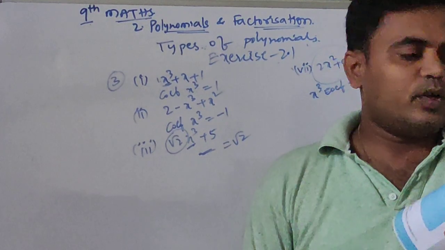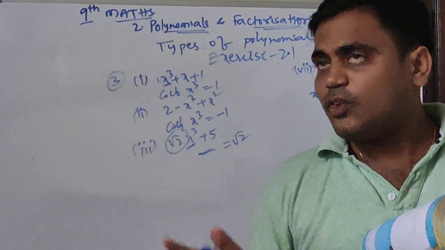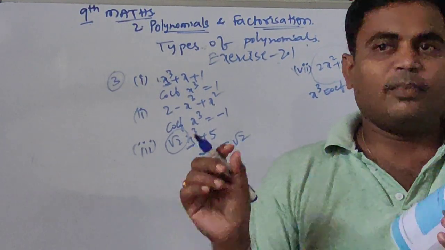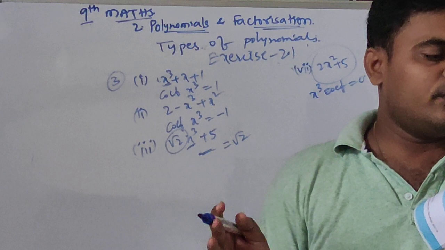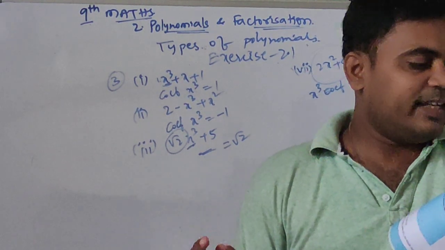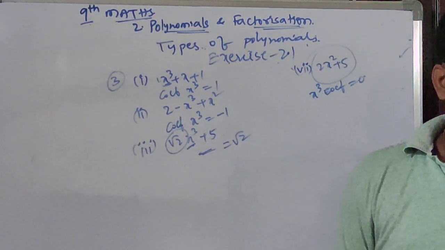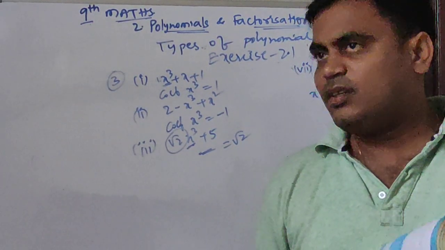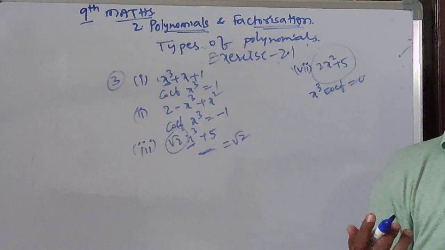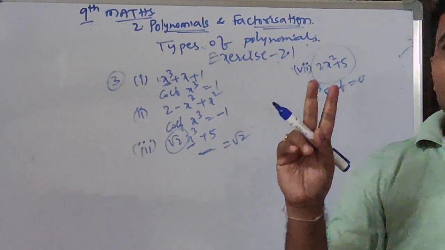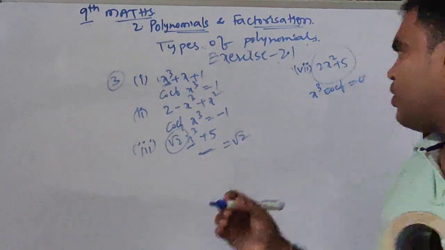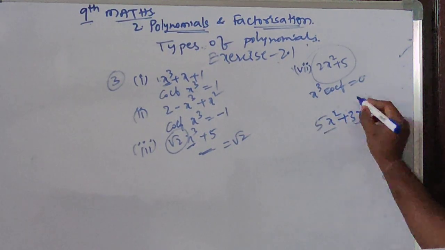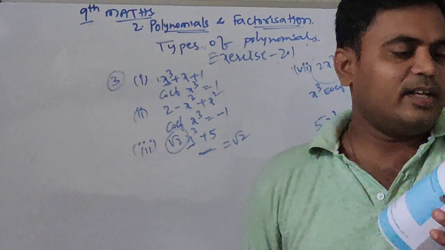3p, p power 1, so it is a linear polynomial. Pi r square: here pi is an irrational number, so pi is the coefficient, and r square has power 2, so it is also a quadratic polynomial. Next, write whether the following statement is true or false. Justify your answer. A binomial has two terms. According to our definition, a polynomial containing two terms is called a binomial. So 5x square plus 3x has two terms, it is a binomial. So whatever is given is correct.